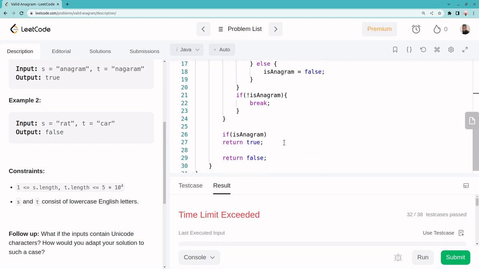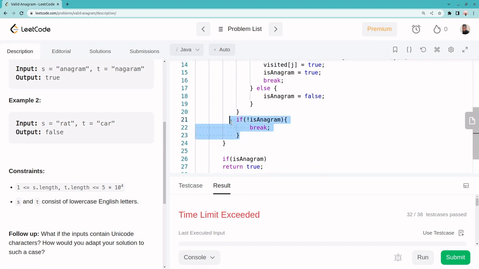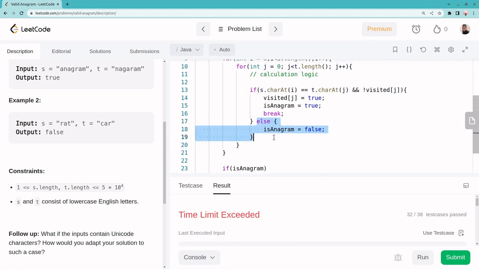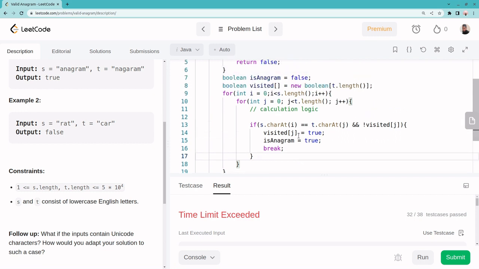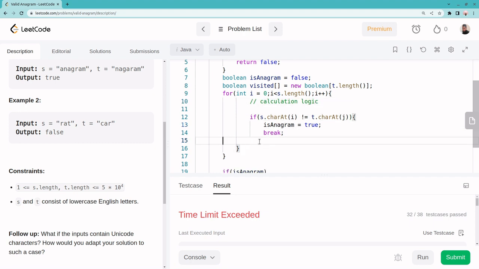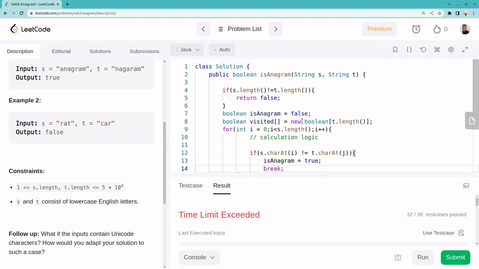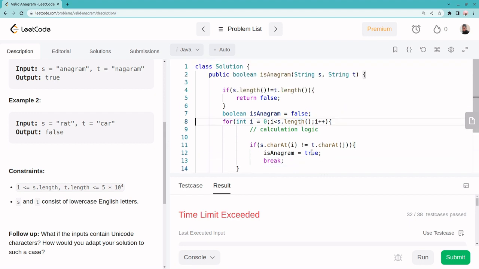Okay, so here I'm removing this. This is also not required. This visited is also not required. Here we can make this condition, right? This loop is not required, we should remove this one as well. This visited is not required. Here I'll make it false, and here I will make it true. Okay, so now